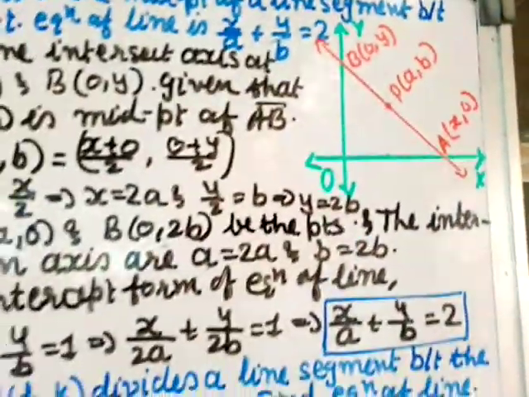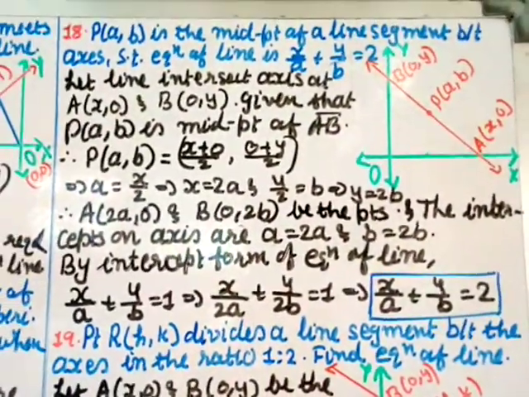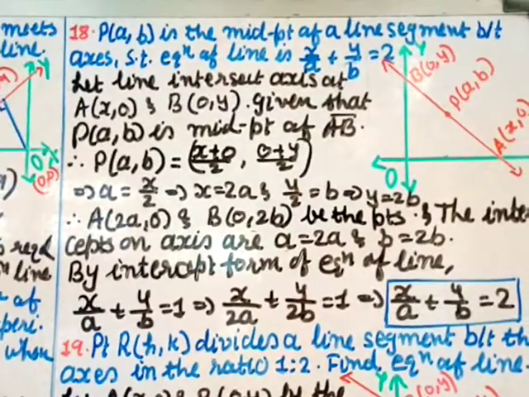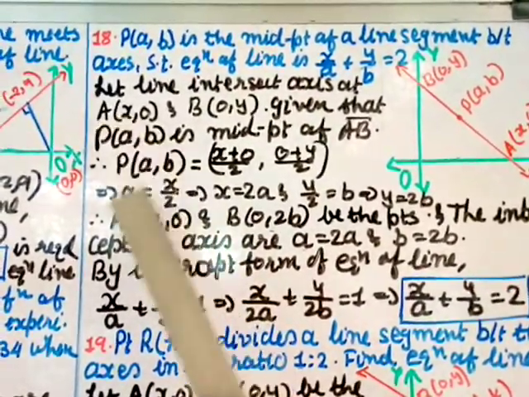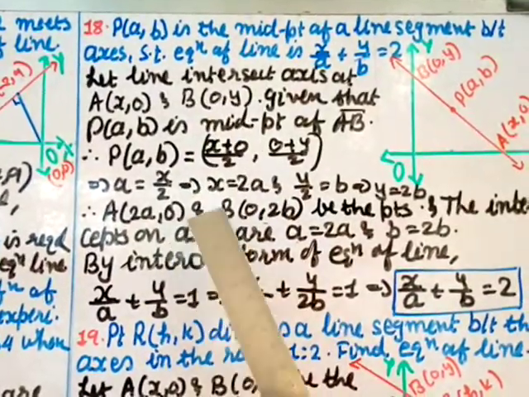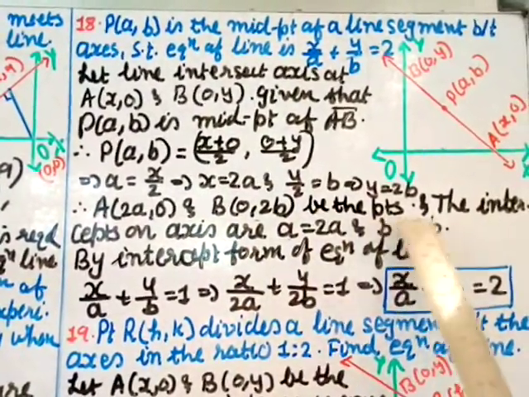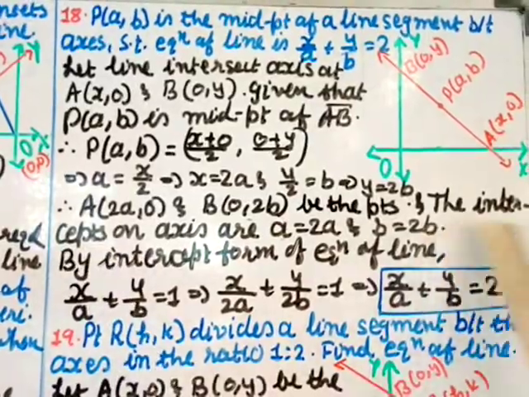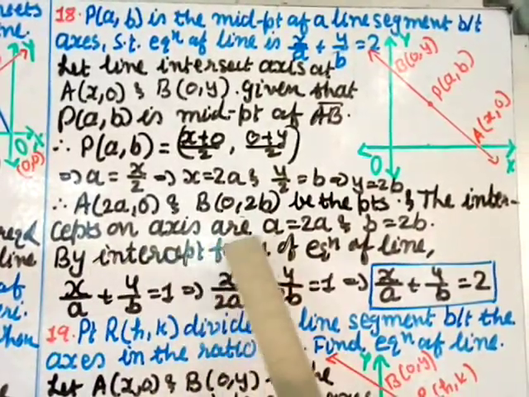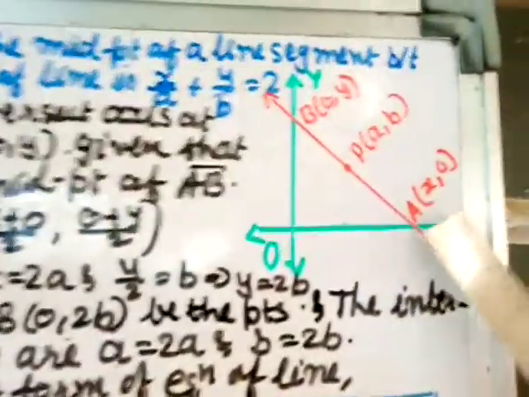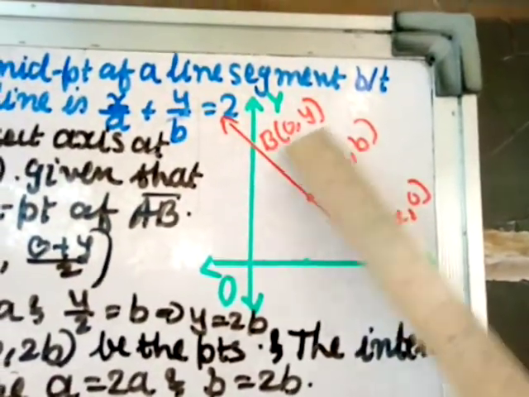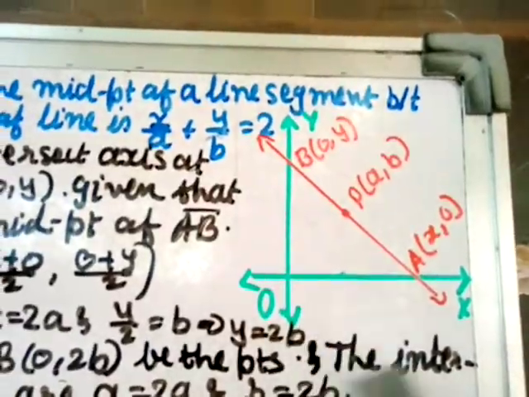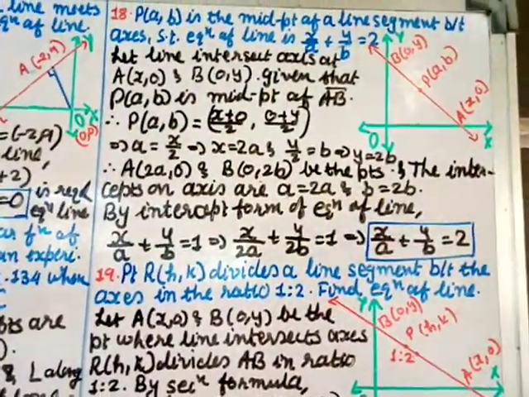Okay, so we can use either the two-point form of the line or the intercept form of the line. I will use the intercept form of the line. Here (2a, 0), I am just putting the values for x and y, and (0, 2b) are the points, and the intercepts on the axes are these. So as I already said, its x is 2a, that means the intercept here is A, and y is 2b, so that is the intercept B. By the formula this should be A and this should be B. So I am calling A equal to 2a and B equal to 2b.